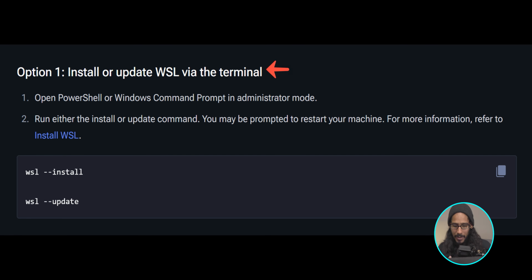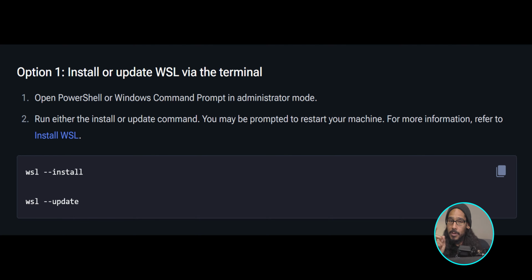So first thing that we need to do is this. Make sure whatever machine you're using, that you have the WSL installed. When I was installing the Docker Desktop, I actually had to update my WSL. So that command, I'm going to be using it pretty soon. But the core requirement is to get WSL installed first.